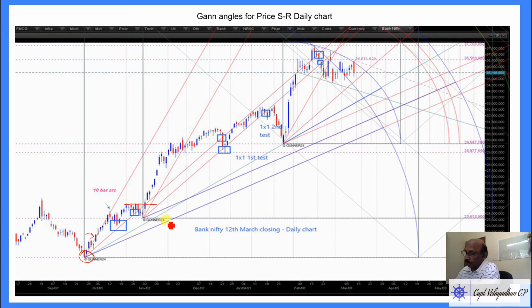And after moving up from here, we have to change. We have to put another Gann angle here. So I put one more Gann angle, and this move is stronger than the previous move. You can see price remained well away from 2 by 1. Here price was showing on 2 by 1, but here price remained well away from 2 by 1. You see the angle. This is much stronger, a very strong move.